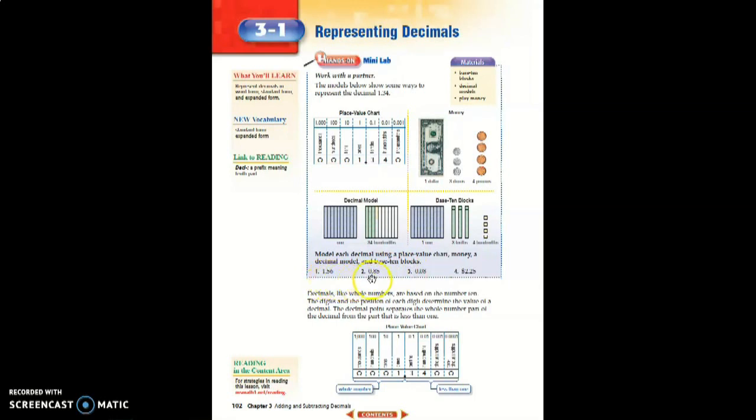1. 1.56. 2. 0.85. 3. 0.08. 4. $2.25. Decimals, like whole numbers, are based on the number 10. The digits and the position of each digit determine the value and